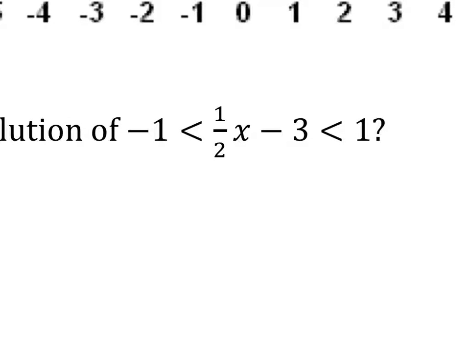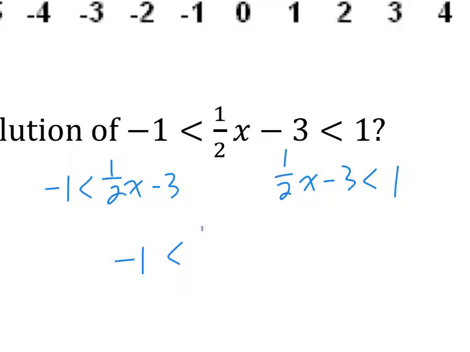I don't know if your teacher has taught you this before. Essentially, what you're doing is you're looking at one equation and another equation, basically two equations combined. What you can do is you can split them into two inequalities. So the left two are one inequality, and then the middle and the right is one inequality. So you can do it that way. But I don't prefer you doing that way because you guys are in honors and we want to solve this fast. So let's look at the same question,